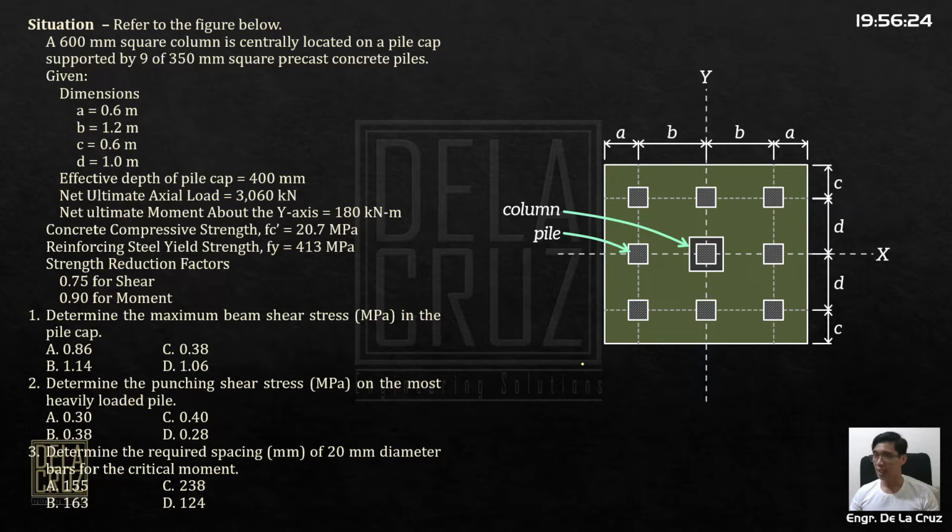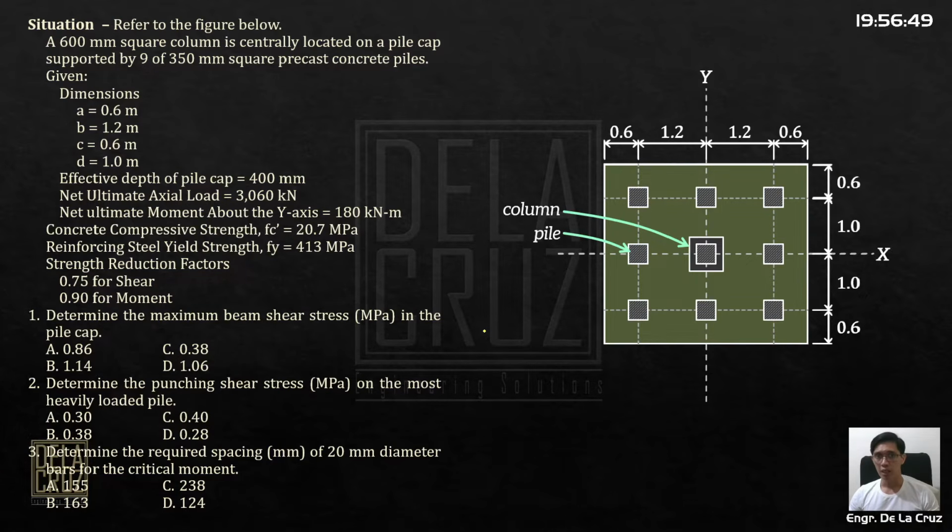So, unang-una, kailangan talaga natin makuha yung critical reactions on the pile. Since meron na tayong moment dito, the reactions on the pile are not equal. Okay? Meron siyang mas pabor sa moment. Mas lalaki yung isang side ng ating reaction on the pile because of the moment. So, lagyan ko lang ng mga values,